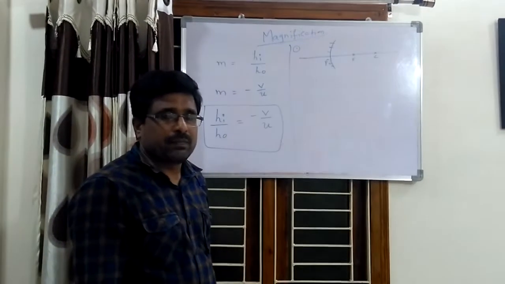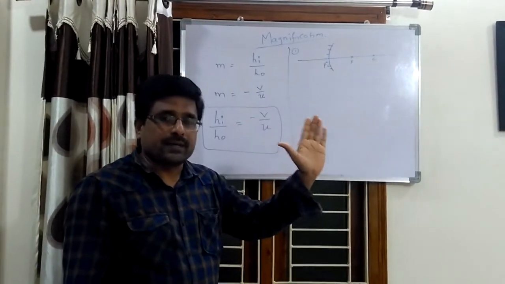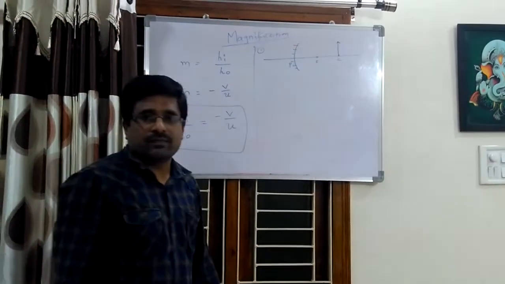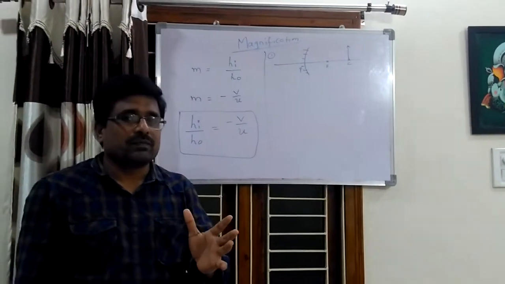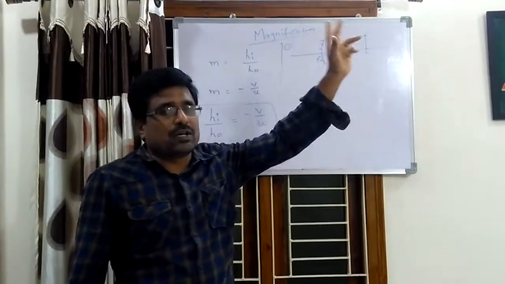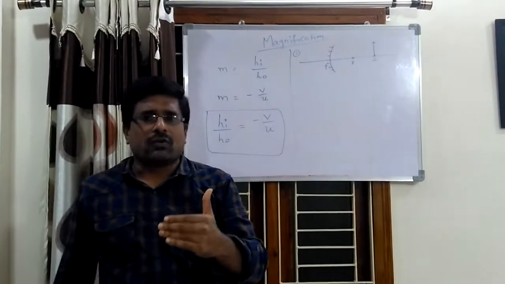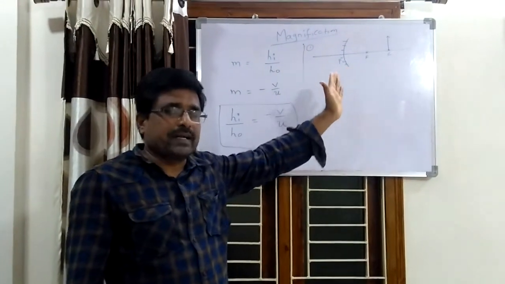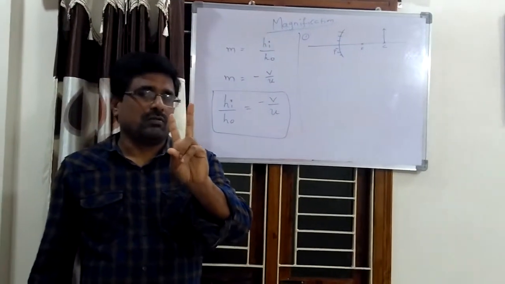Now I am placing an object in front of a concave mirror at C. That means center of curvature. Now here we have to find where the image is formed due to this concave mirror corresponding to this object. If you draw two ray diagrams for this, we can easily find where the image is formed. We all know that the image is formed at C because the object is at C. To find the image position, we have to take two rays.